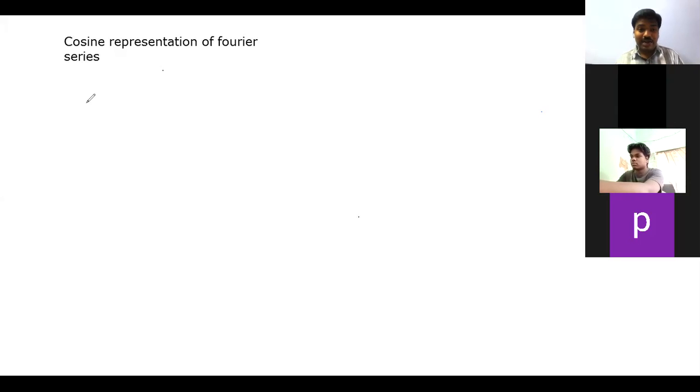So by using a trigonometric identity, we can also write an into cos n omega t plus bn into sin n omega t is equal to